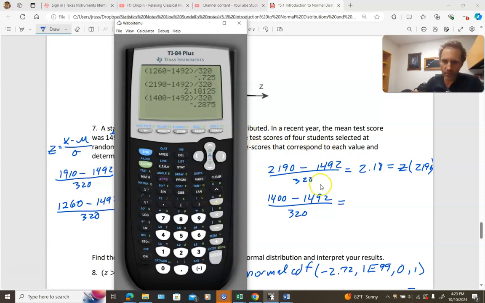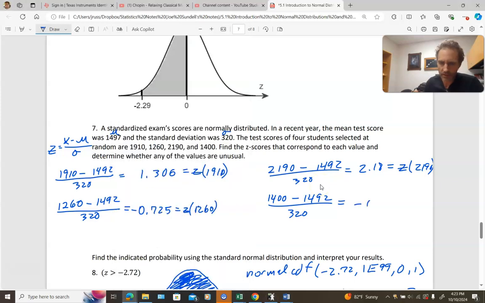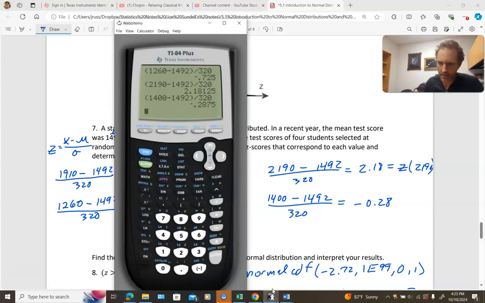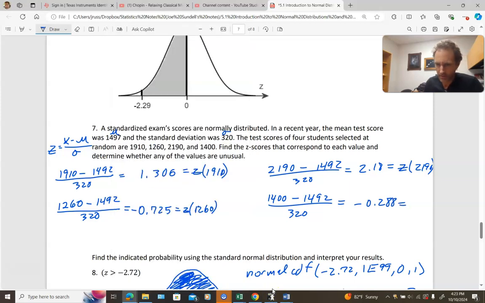And so we get a negative 0.28, okay, is equal to z score of,